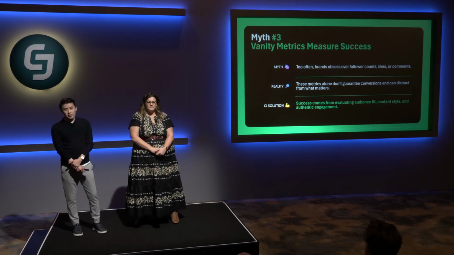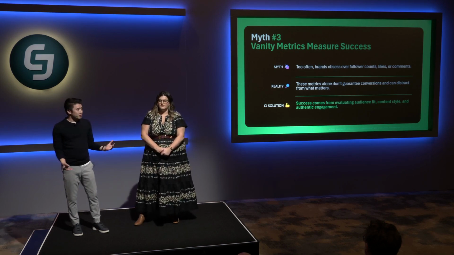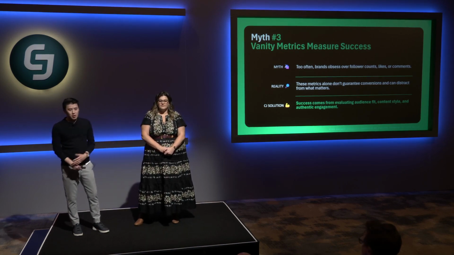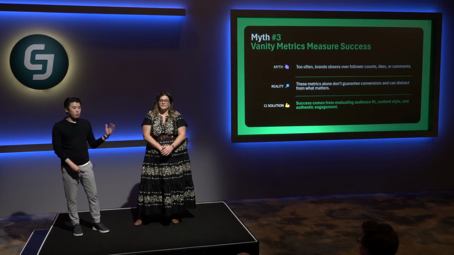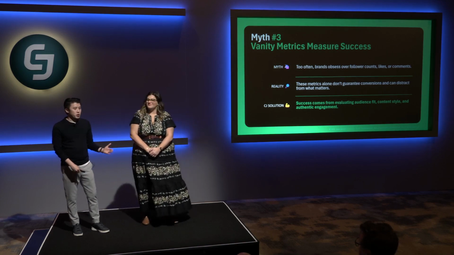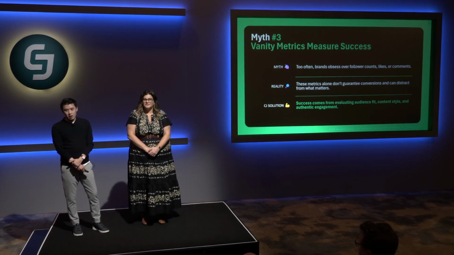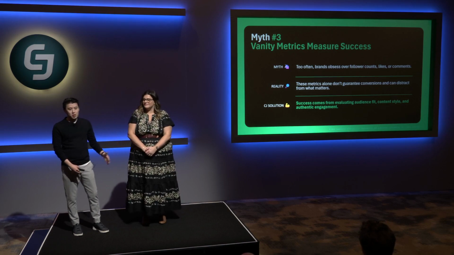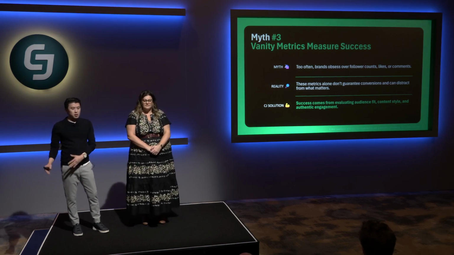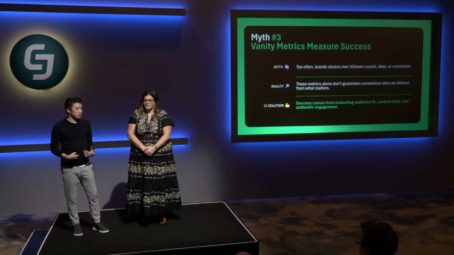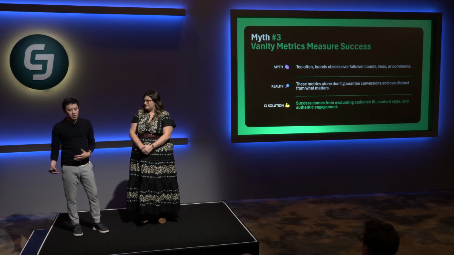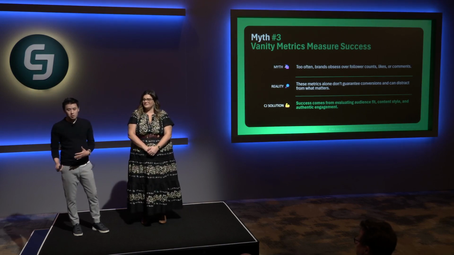And then the third thing is really vanity. And we're all guilty of it. We see someone with 1 million followers, a lot of likes, all of that, and we think they're perfect for me. But what we really want to look at is beyond that. What really matters? What does 1 million followers mean? What does 500 comments mean? That's really what our job is. How do we help you analyze that? How do we help break it down and make sense out of that for your campaigns?